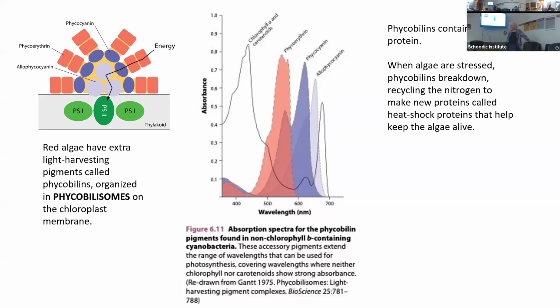Catch wavelengths that other things can't. Right, and on almost everything, right? But they're moderated in amount, or the red algae would look black, but some red algae do look black. They're so dark and loaded with these. Okay, so the clincher that's a problem is that because they're protein and red algae,